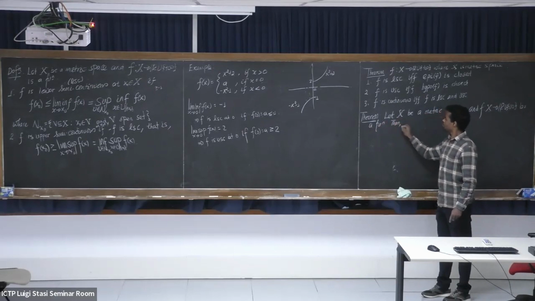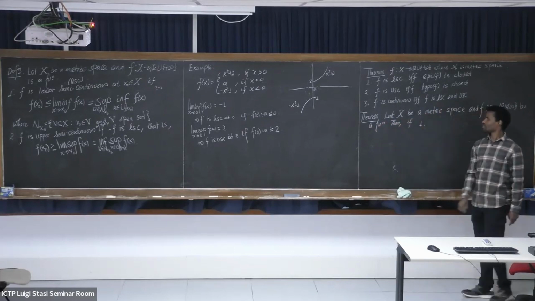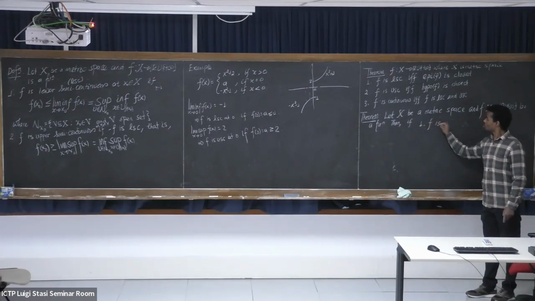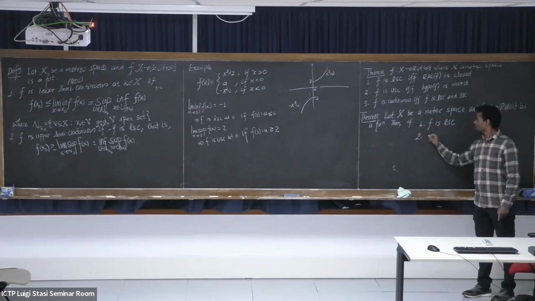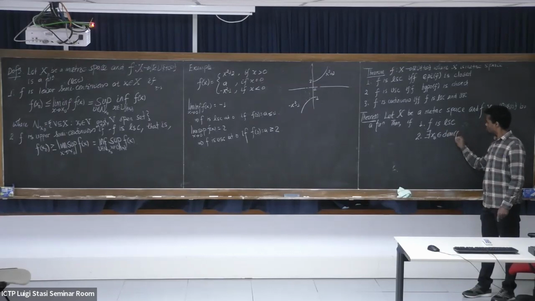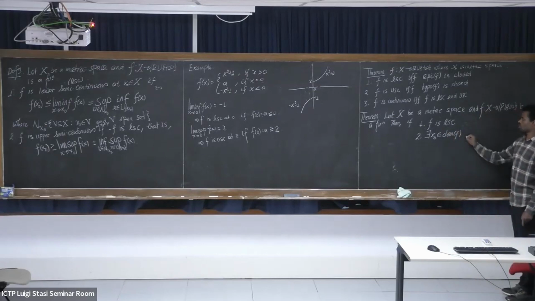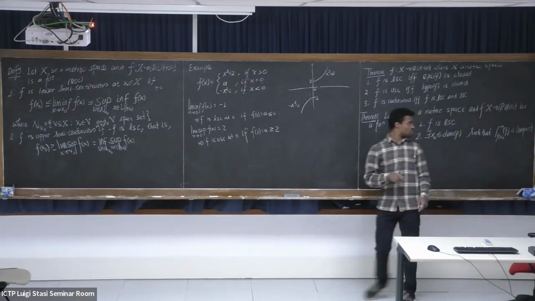Then, if one, F is lower semi-continuous. Two, there exists X naught, an element of the domain of F, such that the sublevel set of F at F of X naught is compact. If these two conditions are satisfied,